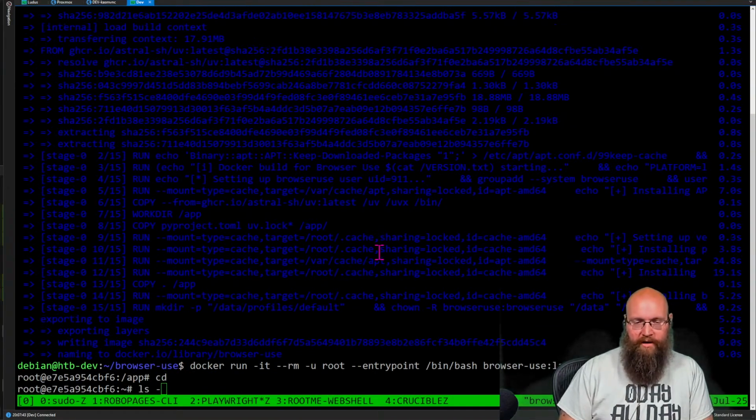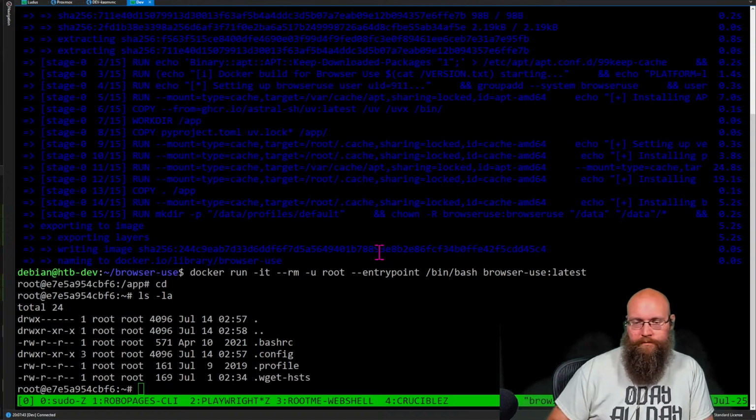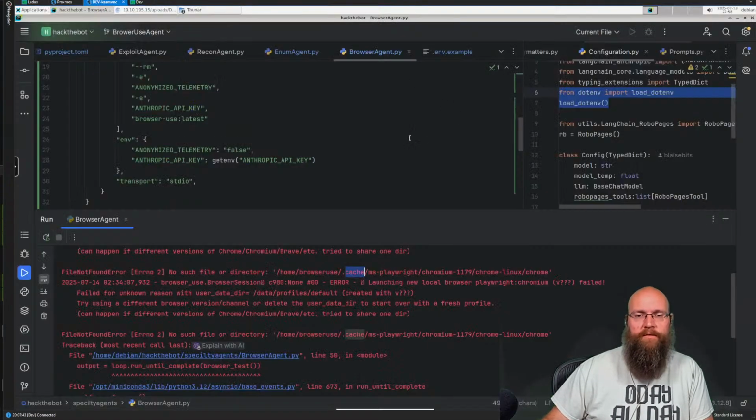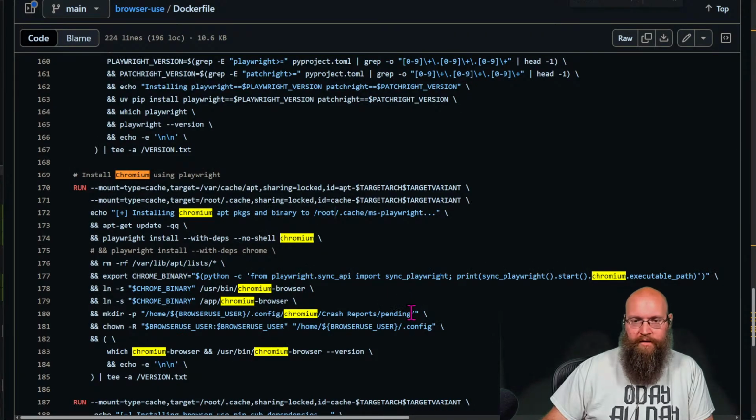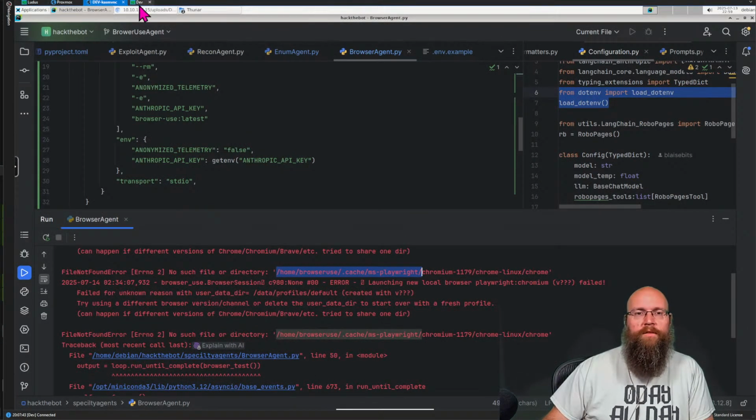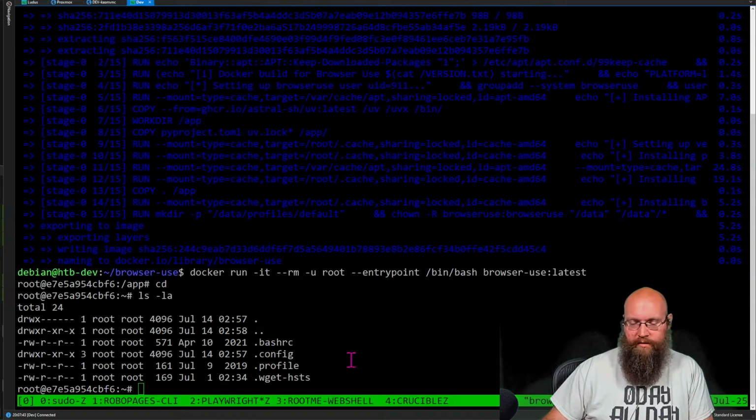So if we cd right here, right? Well, this is our root one right here. So the error we were getting from here was saying home browser use cache ms-playwright. So if we come back in here, we don't have a cache in here either.